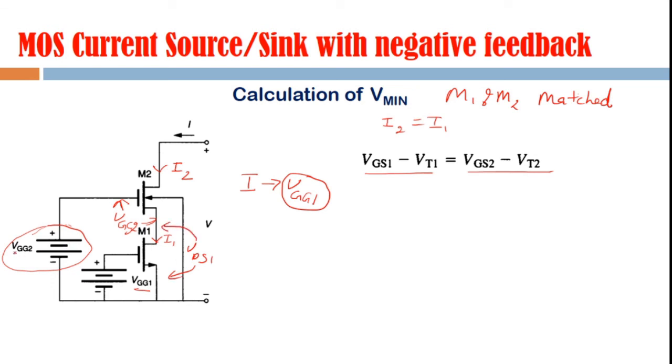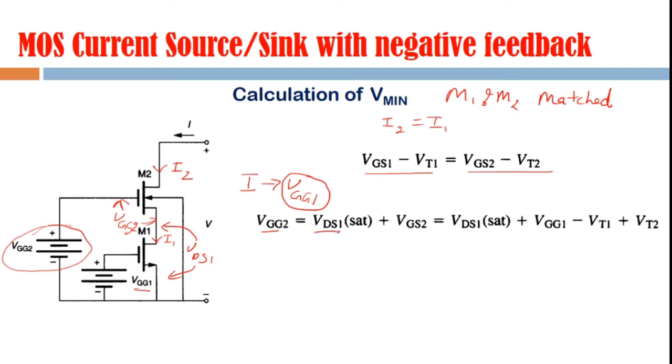So if you want to find out what should be the value of VGG2, you should be aware of what VGS2 I want, and that VGS2, of course if VT of these two devices are the same, should be equal to VGG1, right. Anyway, VGG2 will be given by this equation, because VGG2 is the sum of the voltage across M1, that is VDS1, maybe its saturation voltage, plus VGS2. That we have calculated using Kirchhoff's voltage law.